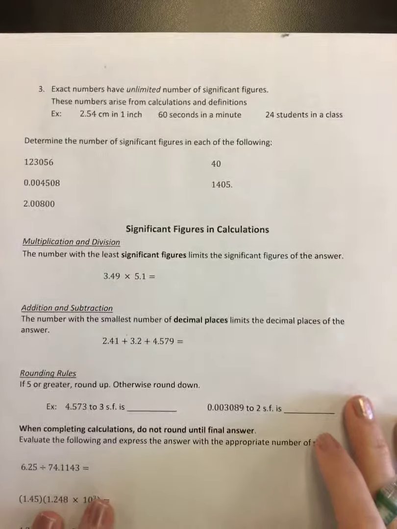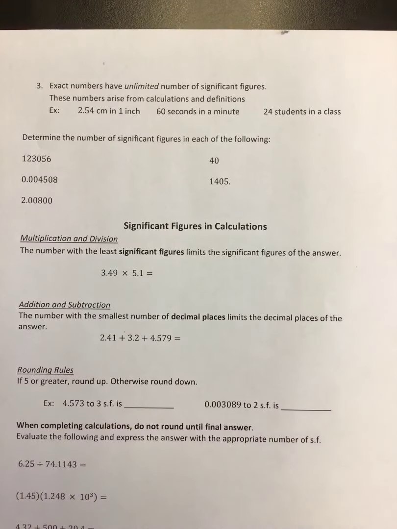So let's flip this over now and go to the next page. The very last rule, and this is one that last year in particular my kids really struggled with, and that is that exact numbers have an unlimited number of significant figures. Now, what are exact numbers? Okay, exact numbers are things that we know